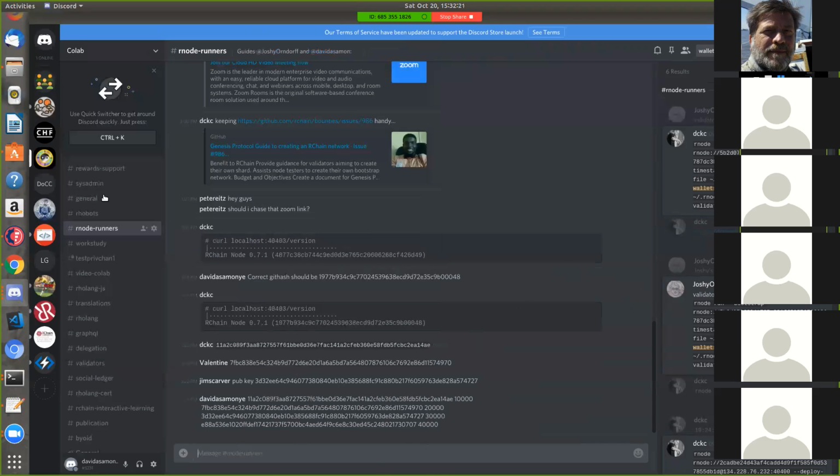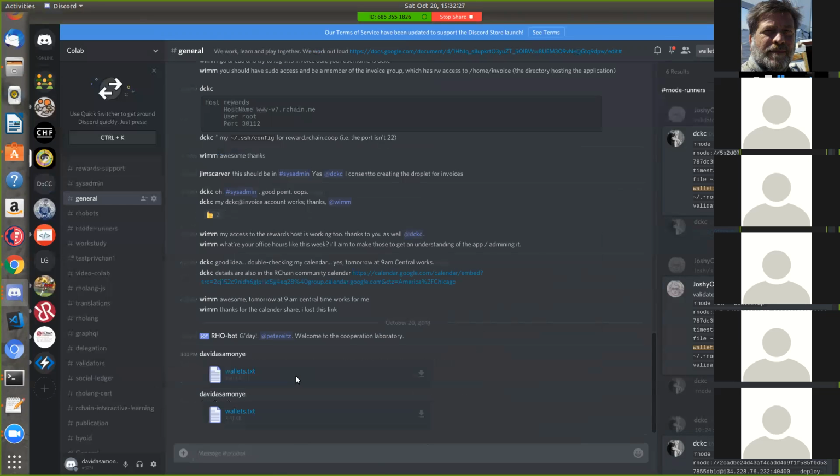So, David, you're aware that that wallets file won't work, right? Yeah, how do you mean? We have to have money, right? Each of us that gave our public key for the bonds file has to have money. This wallets file does not say that we have any money. Those are not the wallets for the public keys we just generated.